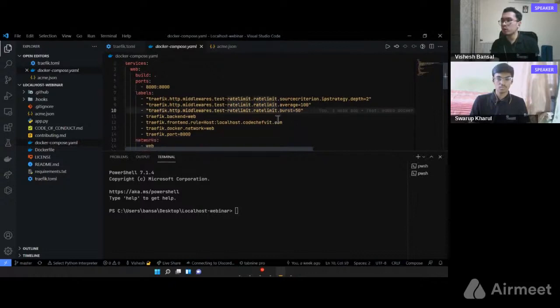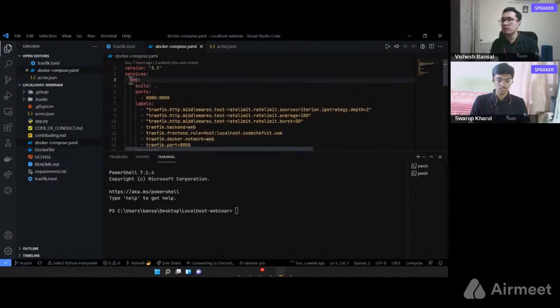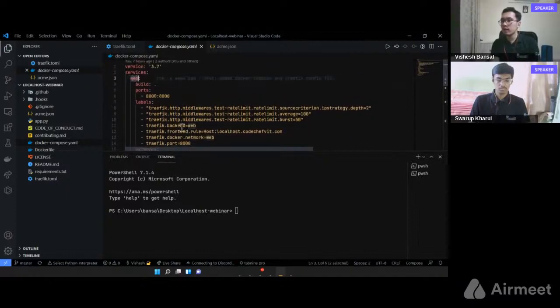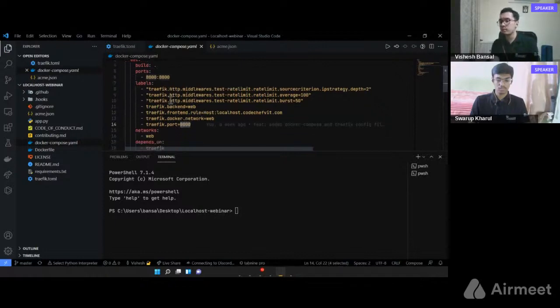After 50, it won't accept requests. Then we have to define the backend, for which instance we're deploying Traefik. Right now we have used web, so we have the docker network web. And on which port do we want Traefik to listen? That port is 8000, because in our Docker file we mentioned 8000 as the port.